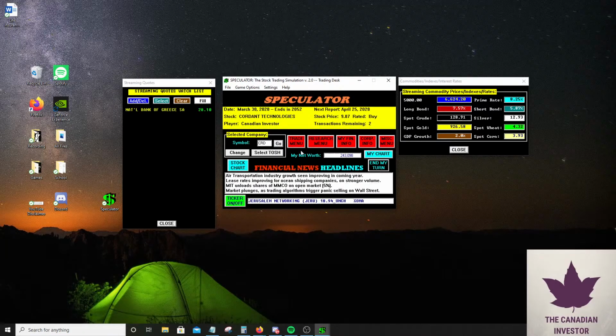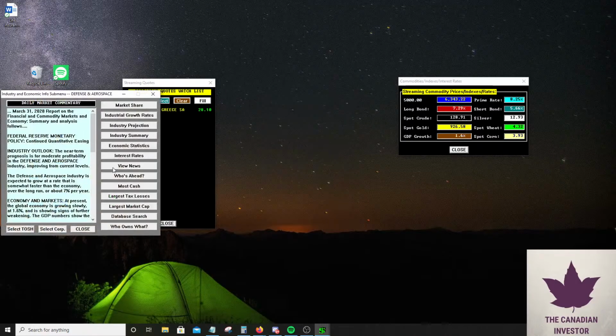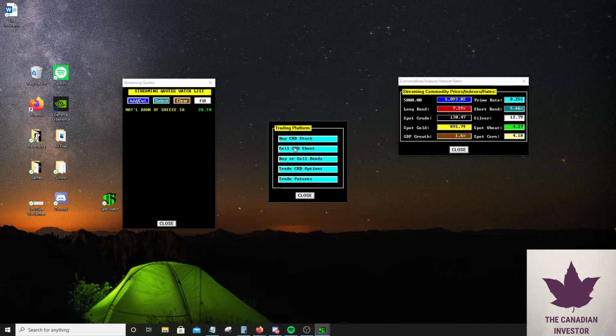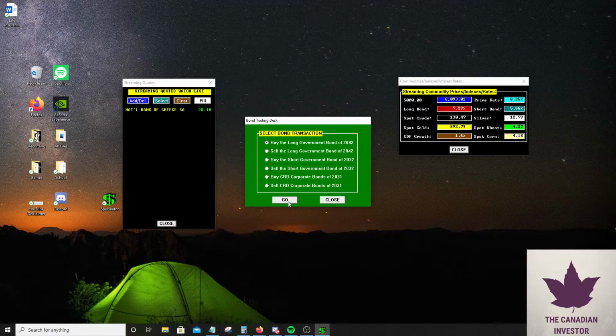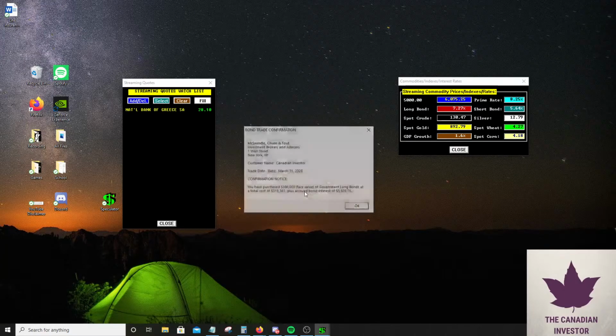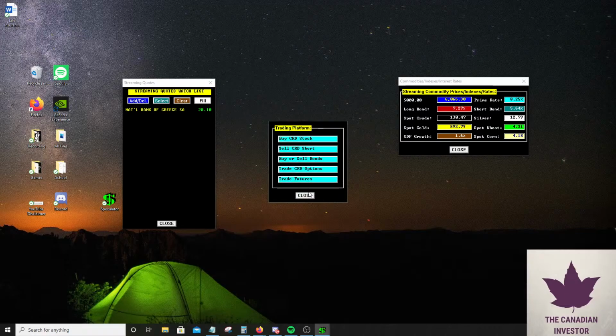They're likely to keep tightening, I think, because of that. Easing. Okay. So now we're going to take a bit of risk. High risk right now, high reward. We're going to use leverage. We're going to buy long bonds on the government. Why not, right? Take a little bit of extra risk.